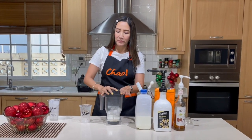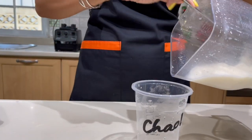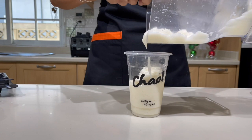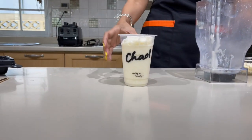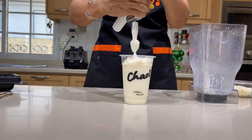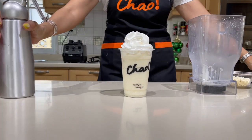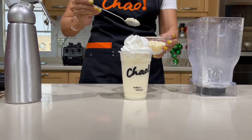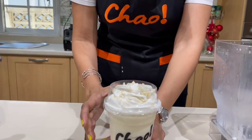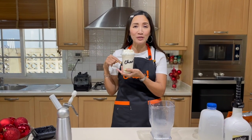And then let's pop this in the blender. Okay, here comes our 16-ounce Frappe. White Christmas Frappe using 16 ounces. I'm going to pop this in the freezer for a while, and then we're going to continue with our 22